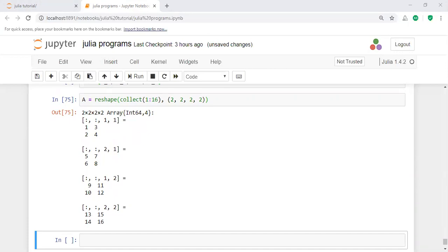Here reshape: how can you reshape elements? What is the reshape command? The reshape command will not change anything in the data.